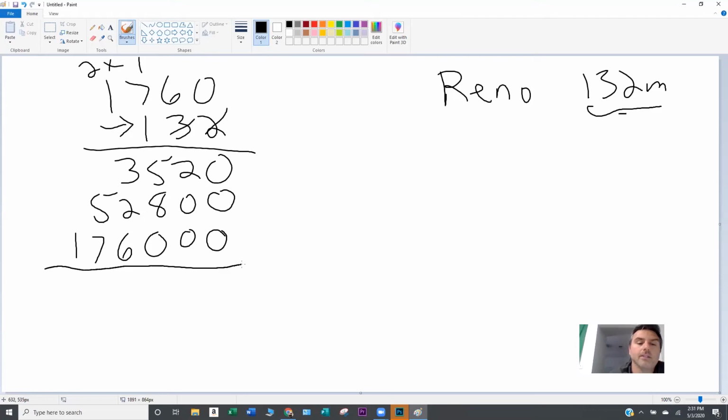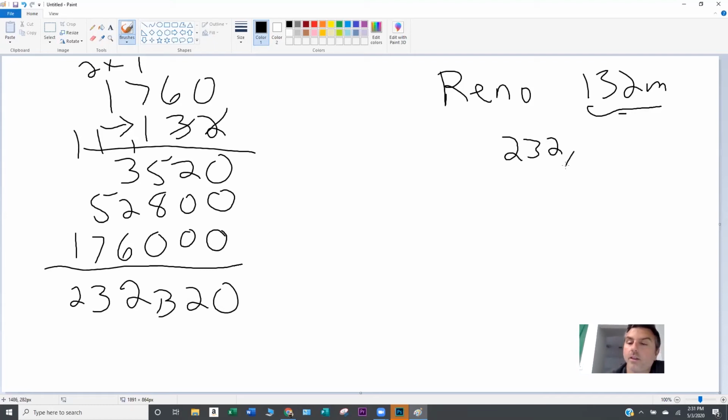And then I'm going to add these up. 0 plus 0 plus 0 is 0. 2 plus 0 plus 0 is 2. 5 plus 8 is 13. Carry that 1. 3 plus 1 is 4. Plus 2 is 6. 6 plus 6 is 12. 5 plus 1 is 6. Plus 7 is 13. 1 plus 1 is 2. So this Reno River is 232,320 yards long. So now for my first river, I have 132 miles,